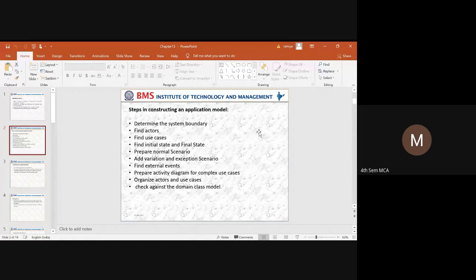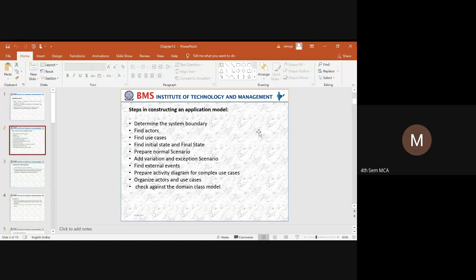To develop a use case model, or to model the use case diagram, we need to follow some steps. First thing is we need to determine the system boundary. That is, system boundary indicates till what extent the application should be developed. We are confining the features of the system that has to be specified.